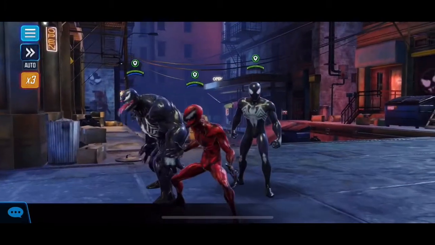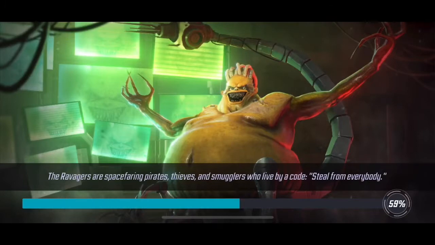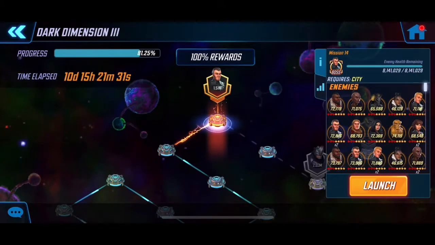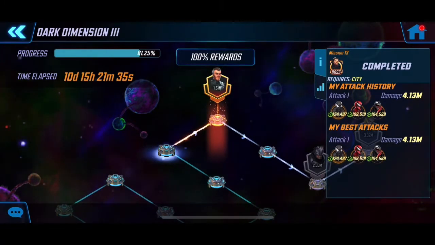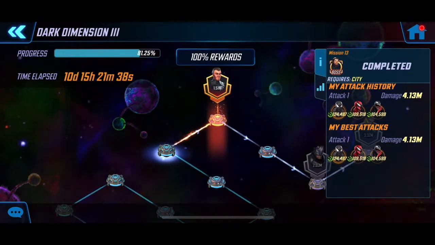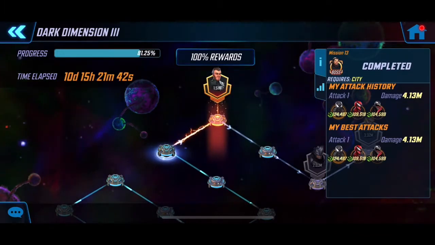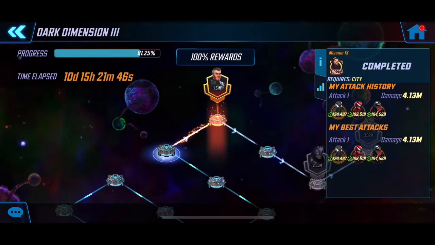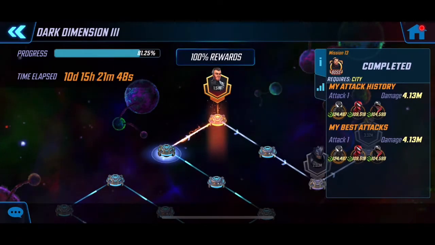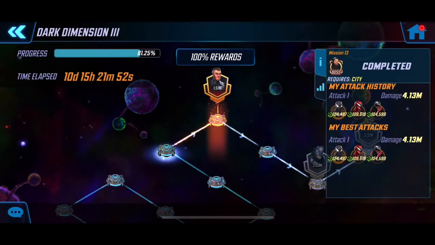So anyways, that's it, guys. Short one for node 1 of the city nodes, or I guess it's node 13 or something like that. But anyways, that's 4 point something mil damage. It's a pretty good entry level one, and I was able to do it with Carnage and Symbiote Spidey as well with 2 characters, but it took a couple tries. So definitely, for sure, if you want to one-shot this one, you got to get 3 characters in there. But that's it, guys. Those are the 3